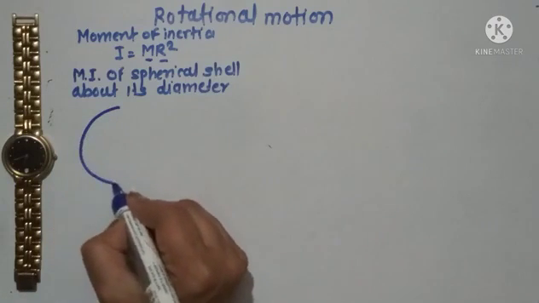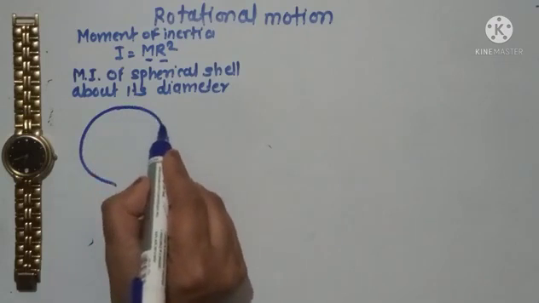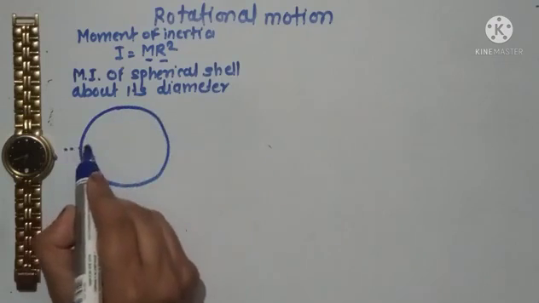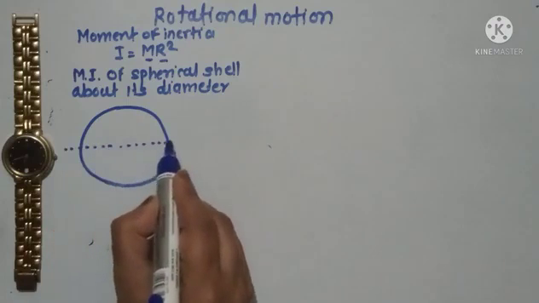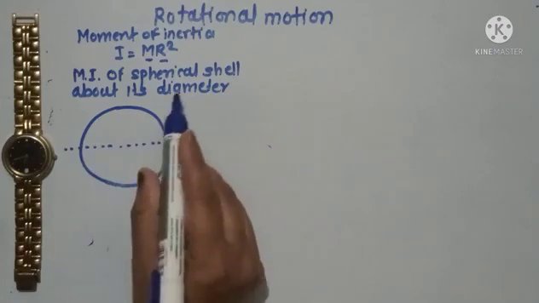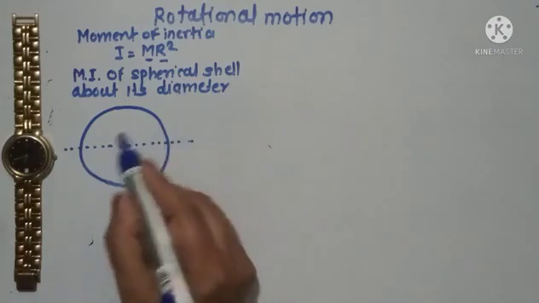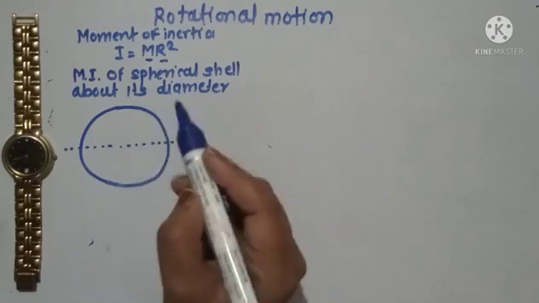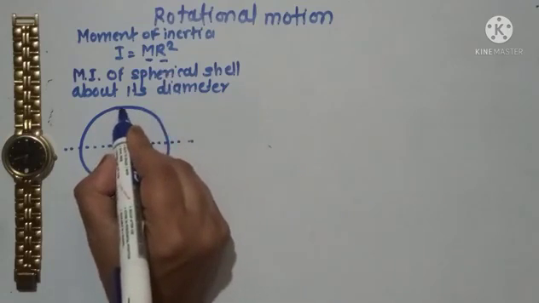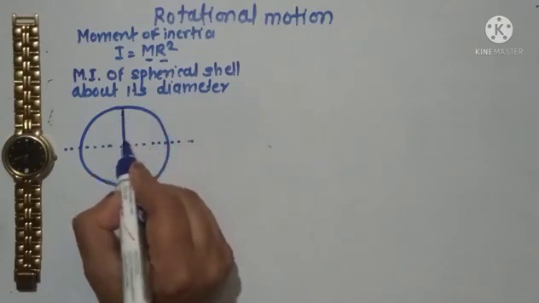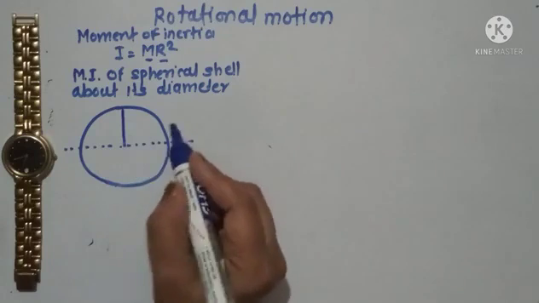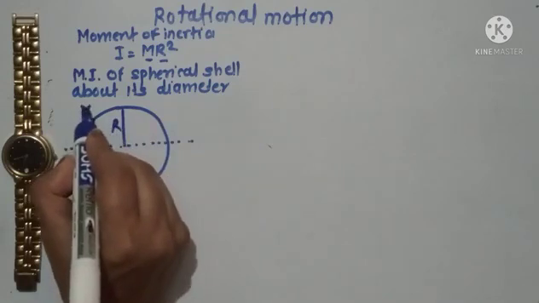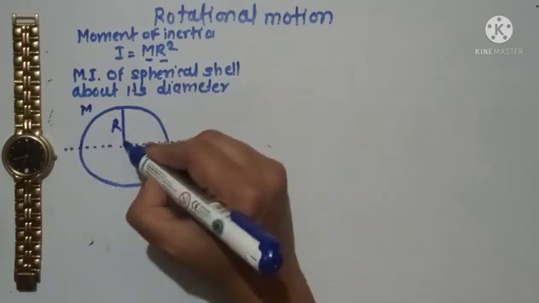Consider a spherical shell like this. Let this be the axis of rotation, which we have considered as a diameter. So consider the spherical shell which is rotating about its diameter, any of its diameters. Let R be the radius of the spherical shell and M be the mass of the spherical shell. Then